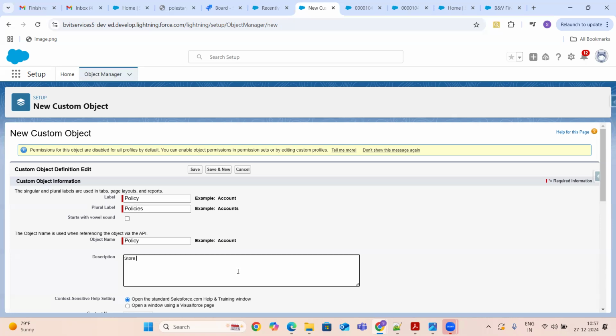Okay. Stores all policy related information. Client policy, customers' policies information. Okay.